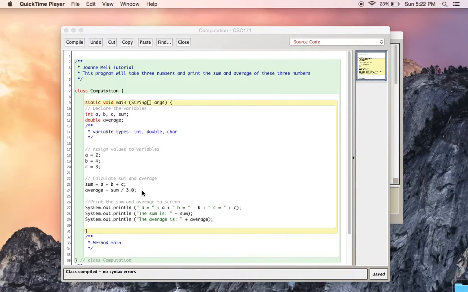Now that we've declared our variables and written out our formulas, it's time to print what we want to see written out when we run our program. The way that we do this is with the words System.out.println. After these words, we have parentheses, and inside the parentheses are going to be two parts: words that we write and our variables. Anything that we want to write will go in quotations. In this case, we have "a equals", and that's what we're writing, and it's going in quotes,